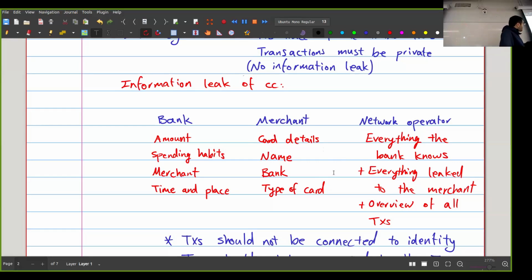But the network operators can see an overview of all the transactions. So what this means is that they can actually trace your money. And also, this is just in the case of purchases, but if you're just doing transfers of money, then the banks and the governments can trace your money, right? So the idea is that if I pay you and you pay someone else and there is a sequence of payments, they can figure out where the money came from, where exactly it went, and all of that information. And again, maybe you don't like that.